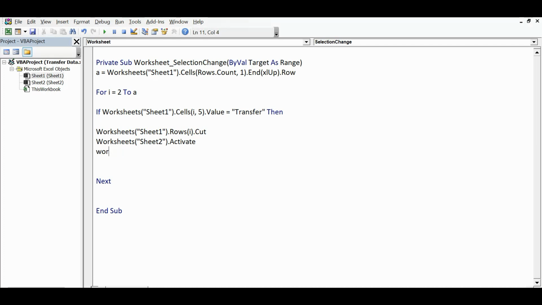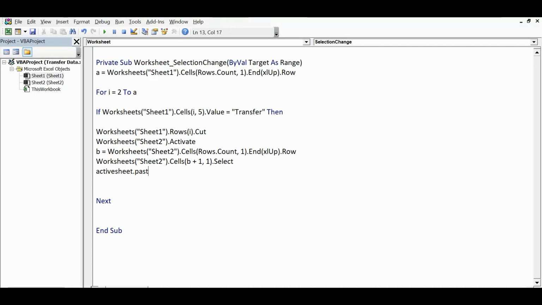So here also I will find the last filled row, B equal to Worksheets Sheet2 dot Cells and Rows dot Count, then column A dot End(xlUp).Row. Then Worksheets Sheet2 dot Cells, B plus 1, that means last filled row plus 1, so the next available row, comma 1, dot Select.